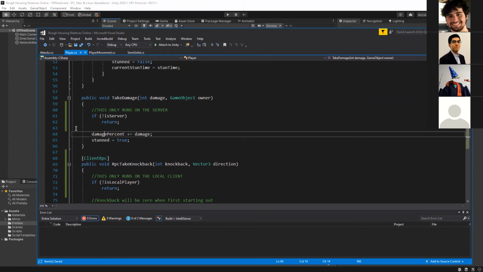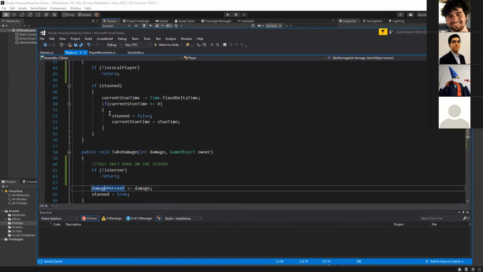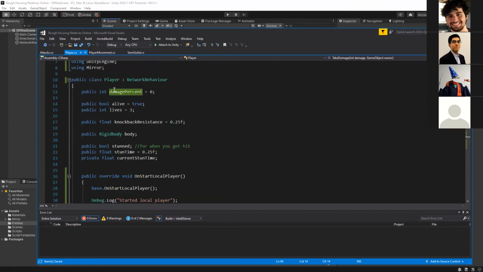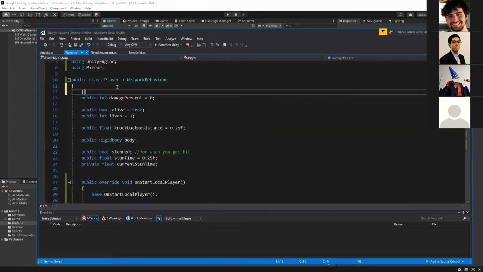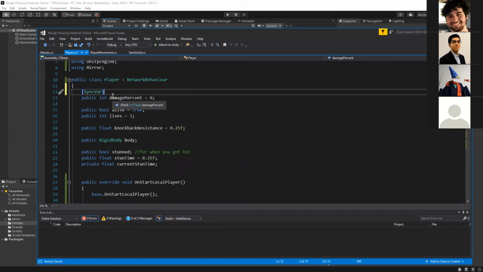But right now, damage percent is not being networked. It'll just always stay 0 because it's only ever being changed on the server. So in order to make that transmitted to the client, we can change this variable type to a sync var and give it that tag. So now that this is a sync var, any change to this variable on the server will be transmitted to the client.